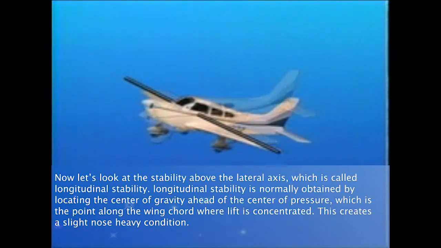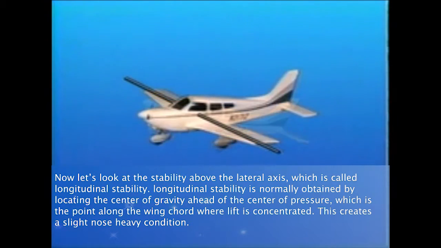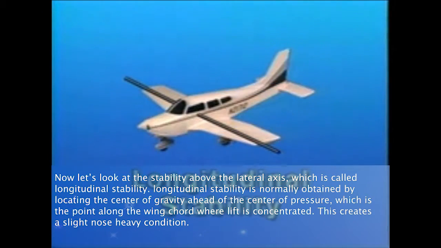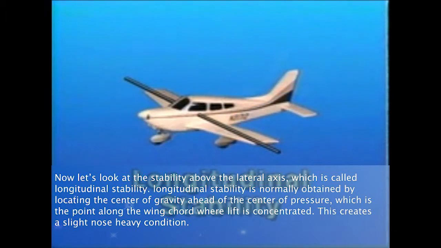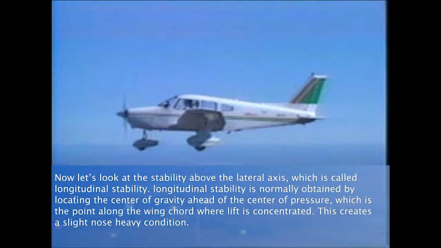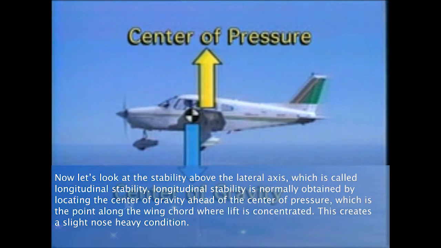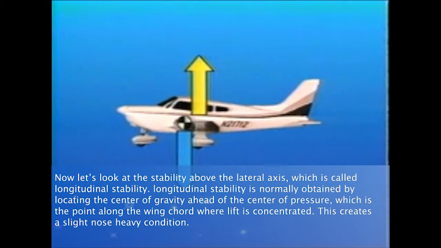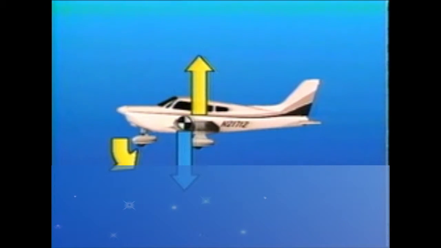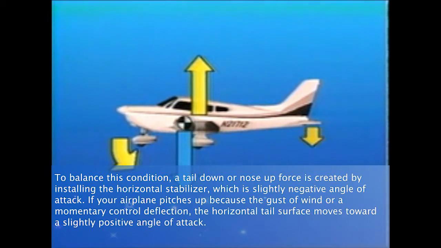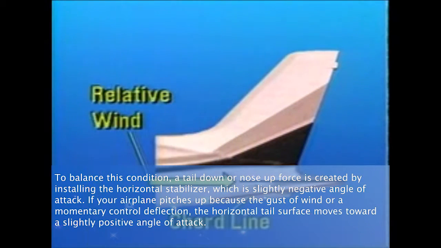Now let's look at stability about the lateral axis, which is called longitudinal stability. Longitudinal stability is normally obtained by locating the center of gravity ahead of the center of pressure, which is the point along the wing chord where lift is concentrated. This creates a slight nose-heavy condition. To balance this condition, a tail-down or nose-up force is created by installing the horizontal stabilizer with a slightly negative